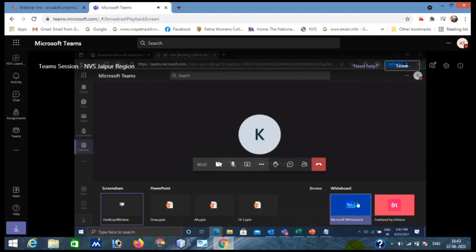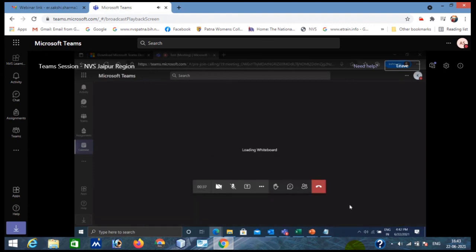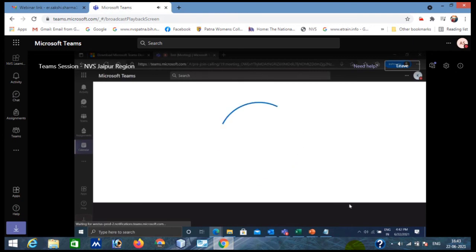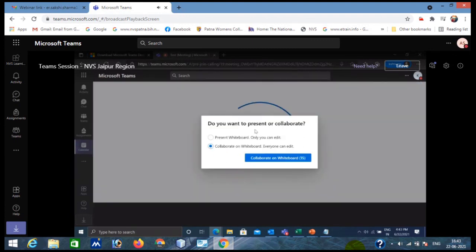On the right hand side you will get a whiteboard option. If you have a stylus, you can use that whiteboard and share it with all of your students. That is for the maths teacher, science teacher, they can use this whiteboard. Suppose somebody would like to use a physical whiteboard, you simply set your board in front of your camera in a particular way, and then you share that camera with the students.